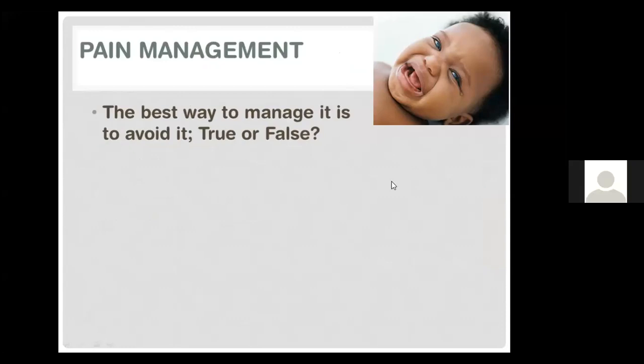To manage it. Good morning. Is it to avoid it or to wait for it to happen? To avoid it. Okay, to avoid it. And the best way to